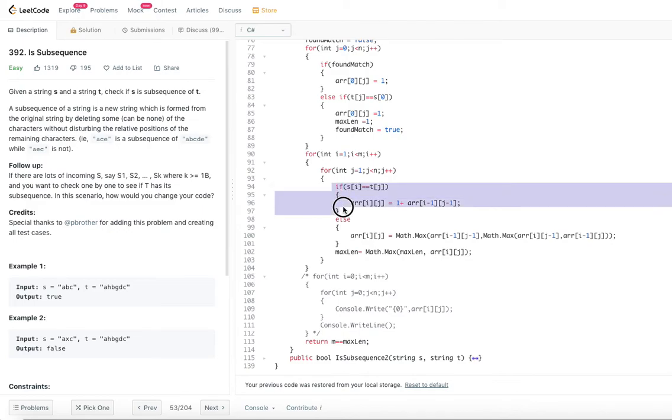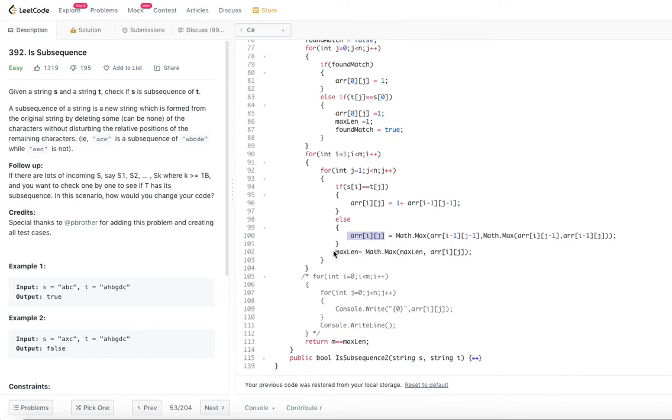So, if there is a match, what we are saying is just directly get whatever the value that is there in the diagonally above element, which is i minus 1 and j minus 1, add 1 to it and put it into array of ij. Otherwise, take the maximum of 3 elements: one is the diagonally above element, one is the same row left column, and one is the same column upper row. Whatever these 3 values are, just get the maximum and put it into the current position.